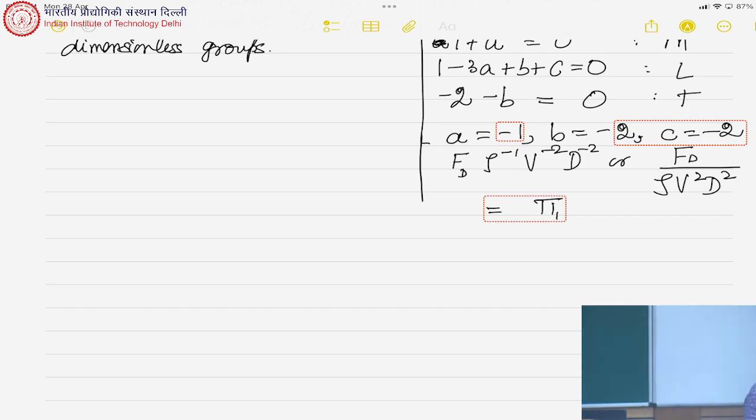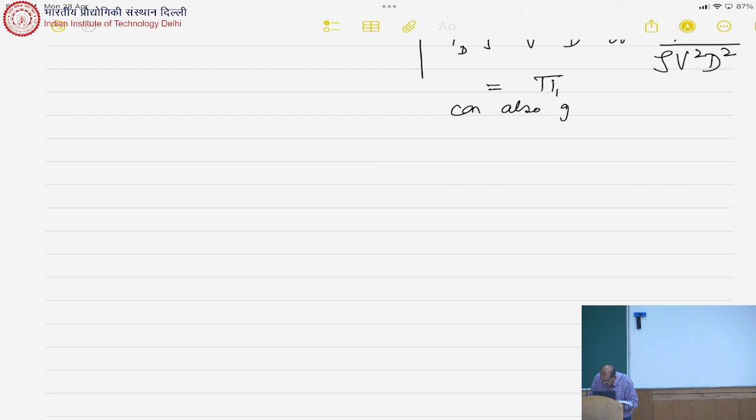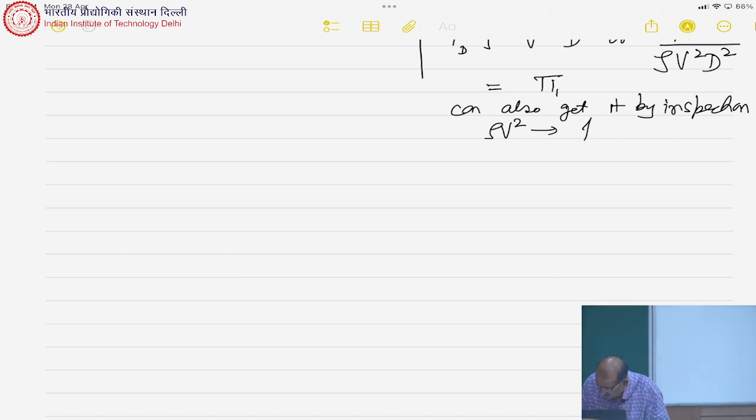Since this is 1, I can call it just pi 1 or pi whatever. Okay. Now just here we can also get it by inspection, and my rho v square is pressure, and pressure